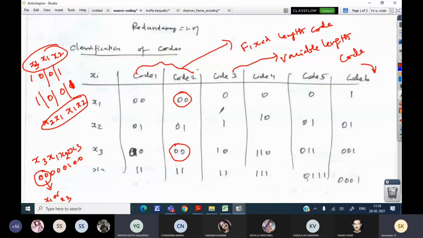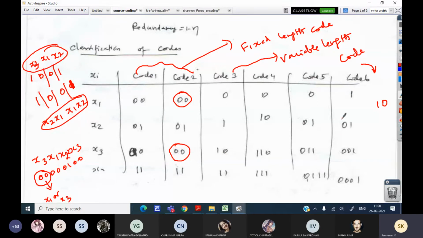What about code 4, code 3, sir? Code 4, very good. Code 4 is a prefix code. Why? Because 0 is not going to be a prefix for the remaining 3 code words. If you take 1, 0, 1, 0 is not going to be a prefix for any other code word. Whereas if you take code 3, 1 is going to be a prefix for these 2 code words, right? Code 6 also, very good.